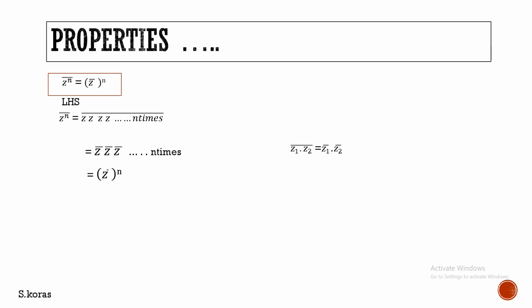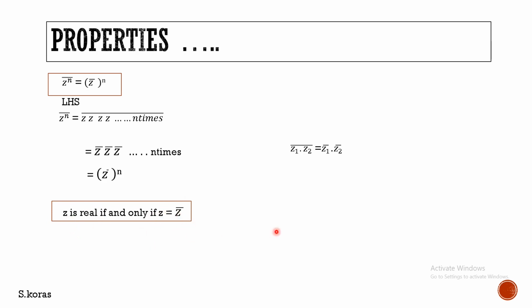Now let's go to the next property, that is a very important and somewhat confusing property. If z is real, then z will be equal to z bar. What the property says here is, if a complex number has only a real part, then surely that complex number will be equal to its conjugate. Here it is given if and only if, so we have to prove, by considering z as real, that z is equal to z bar. The same way, by considering z is equal to z bar, we have to prove z is real.